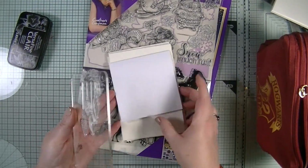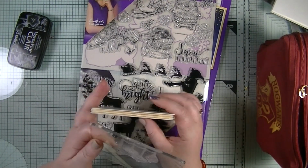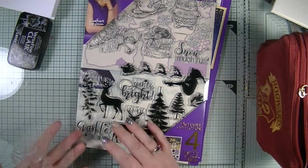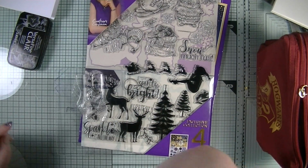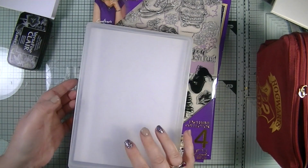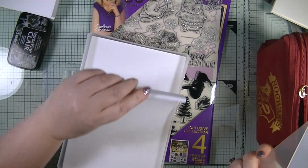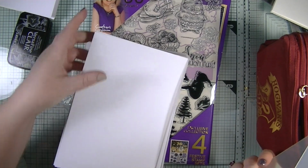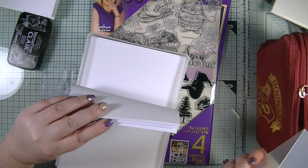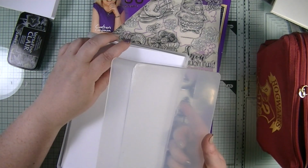Anyway, what I'm going to do, I've got 4 cards here. Actually, there's 5. I was going to do 4x4, but I don't think I'm going to now. I also need to grab some white cardstock. So this is A5 cardstock and it's 160 GSM. This should be enough, but now I am going to watercolour, so I'm probably best off with watercolour cardstock,